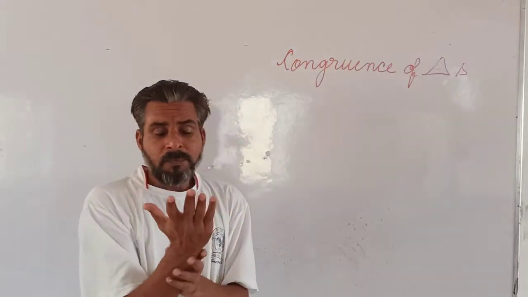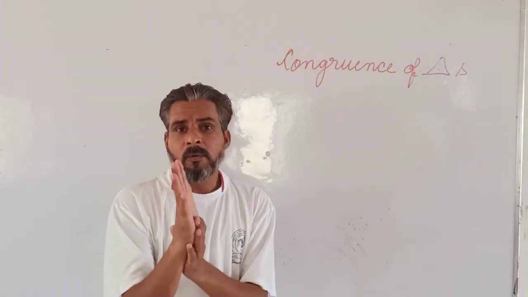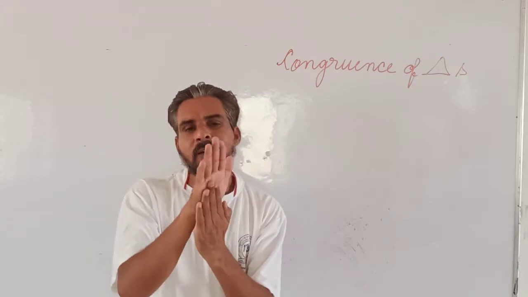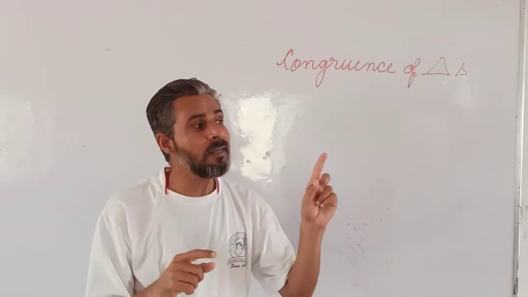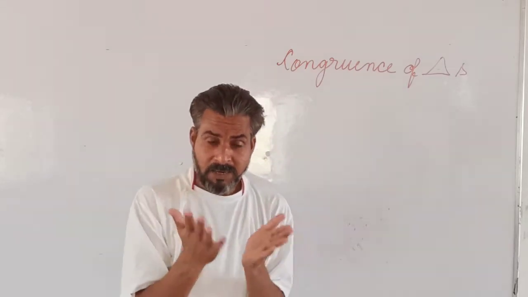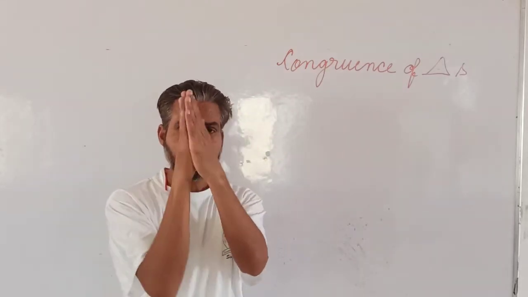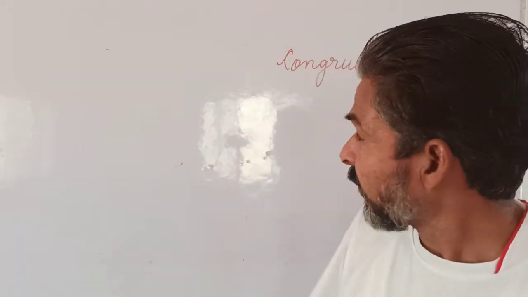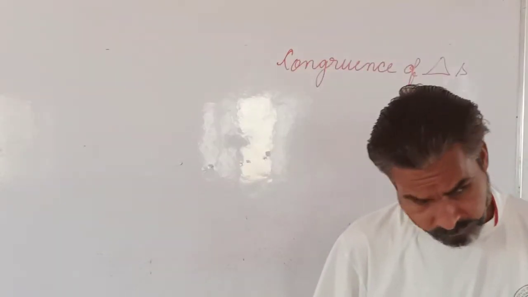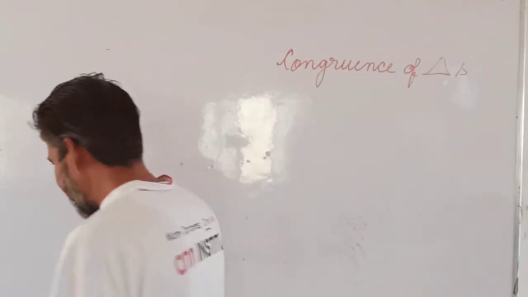If I try to overlap my hand on my friend's hand, then it will not completely overlap. So my hand will not be congruent to my friend's hand. My hands are congruent to each other, but not to my friend's hand. So for example, if 2 triangles are there,